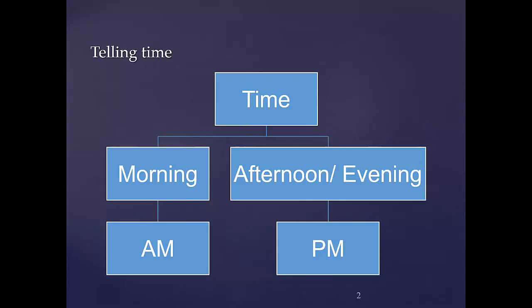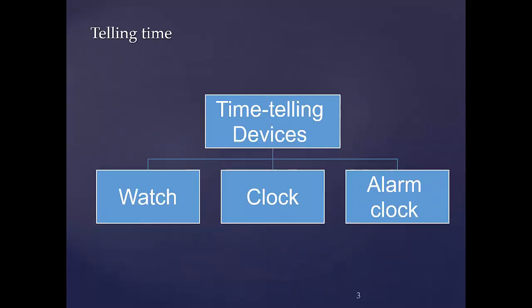So obviously when we're talking about time for us as human beings, we're talking about the time in one day, okay? And it's divided into two parts, okay? So we have the morning, obviously, which is from 12 a.m. to 12 p.m. or 11 a.m., okay? And then after that, we have p.m., which starts from 12 p.m. to 11 p.m. Okay? So basically pure opposites. So morning is called a.m. and afternoon / evening is called p.m. Okay? Now, what are some time telling devices that we as humans use to tell the time?